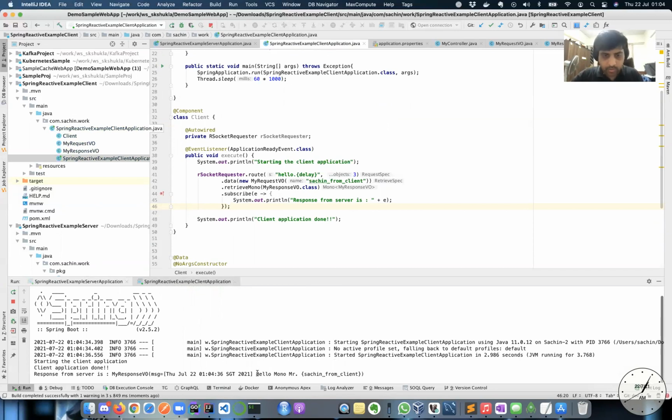So hello, mono Mr. Sachin from client. And you see there's no other data coming. Definitely we have passed 3 seconds once this line is printed. So this is a very basic Spring WebFlux implementation